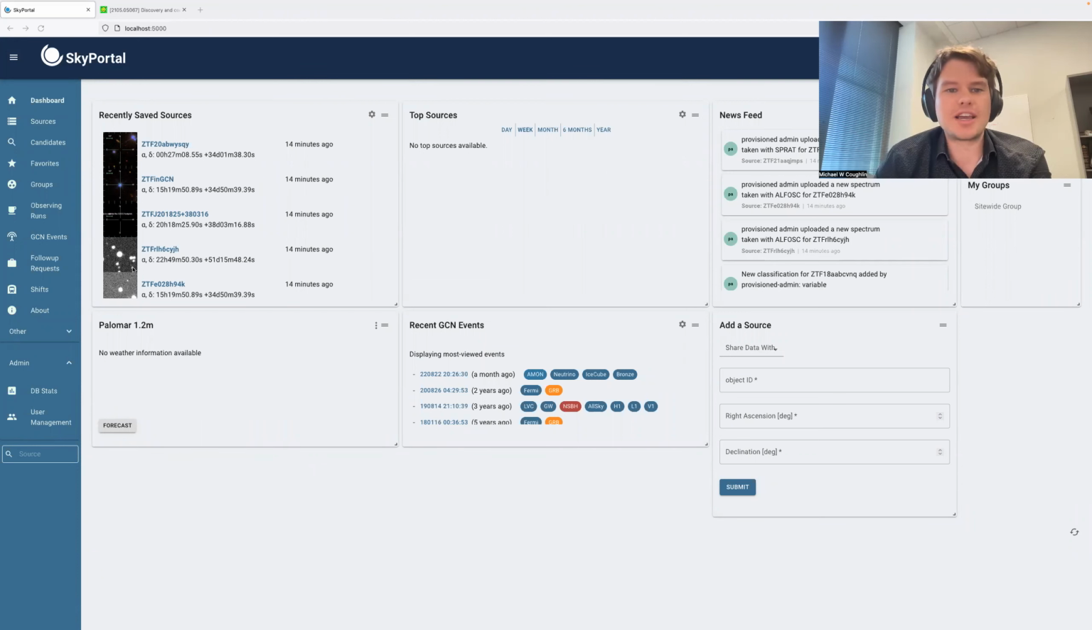So today we're going to be taking a look at GCNs and GCN summaries. The idea here is that you can use SkyPortal to produce automated summaries that are distributable through GCN. So the nice thing about this is